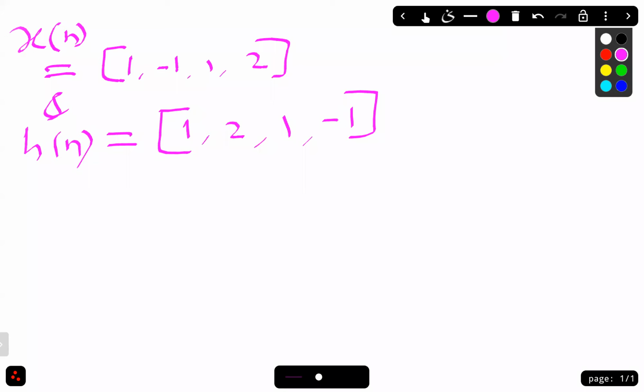Can you do this example? This question has been asked in one of the examinations for 4 marks. You just solve it and tell me the answer. Please read the question carefully. Find cross correlation of two finite length sequences. Instead of cross correlation, if you have performed auto correlation, then you will get 0 mark.